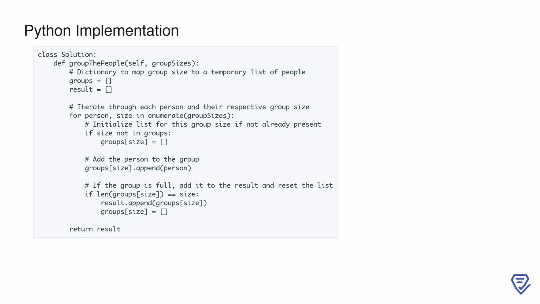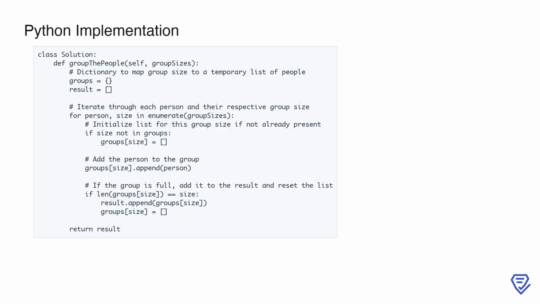size. Each person is then appended to the corresponding list in groups. Whenever the list for a specific group size reaches the required size, i.e., len(groups[size]) equals size, it means the group is complete. At this point, the complete group is added to the result list, and the list for that group size in groups is reset to an empty list to continue collecting new members for subsequent groups of the same size. This approach ensures that each person is processed once, and groups are dynamically created and finalized as